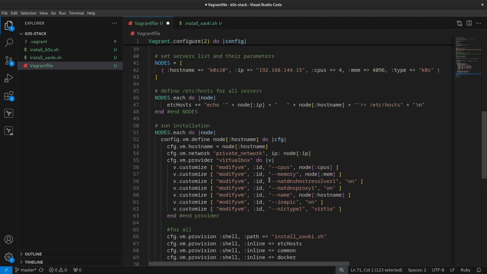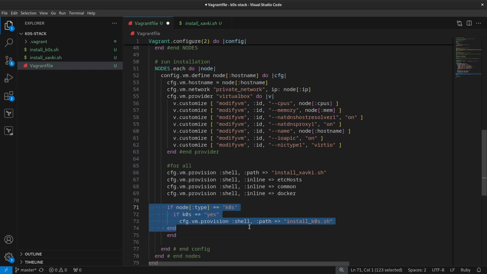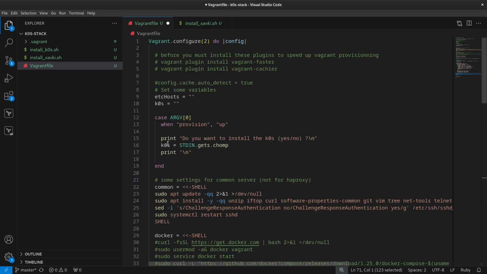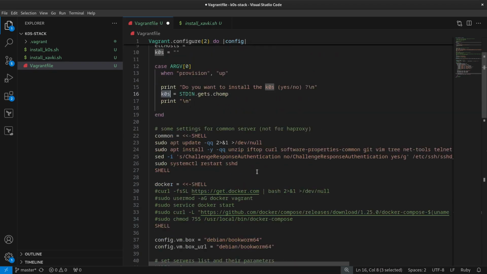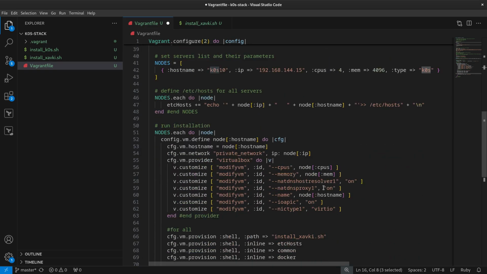Of course, we have asked our user previously if we want to use k0s, and we have the result in the k0s variable here.